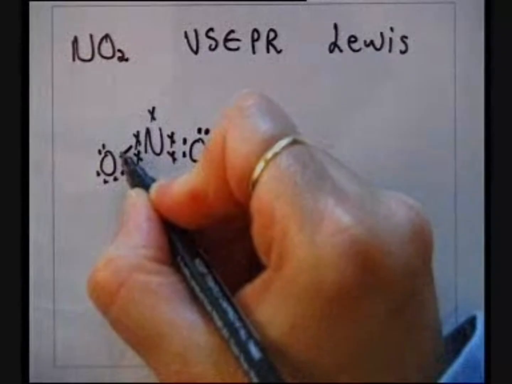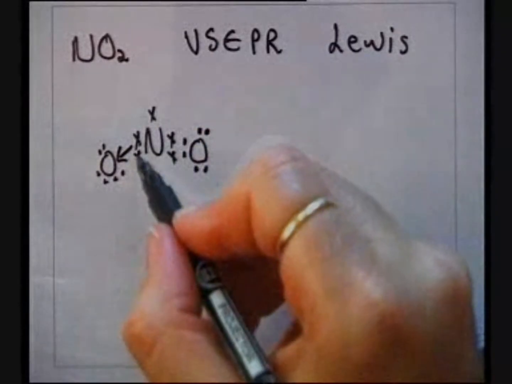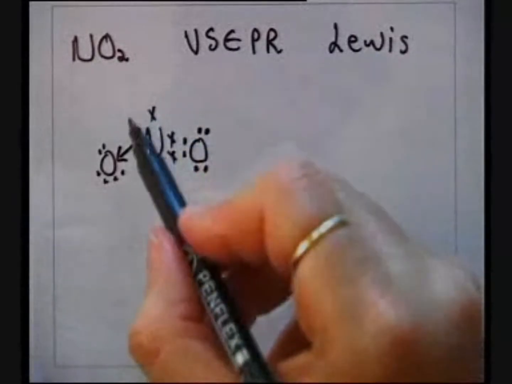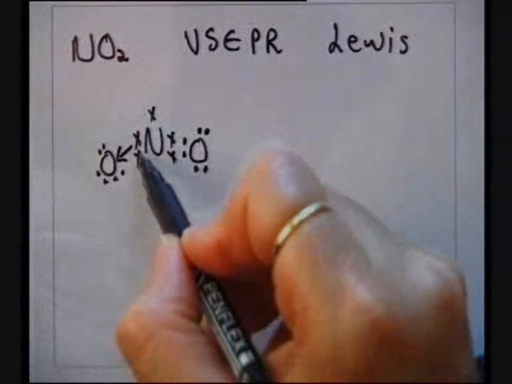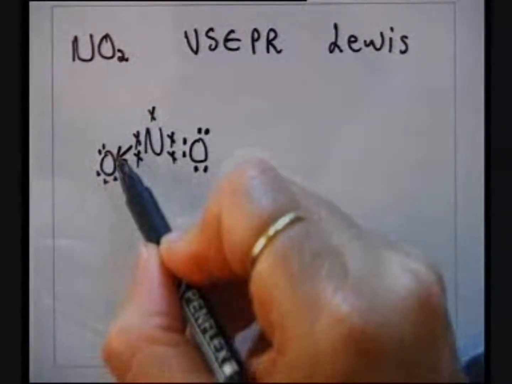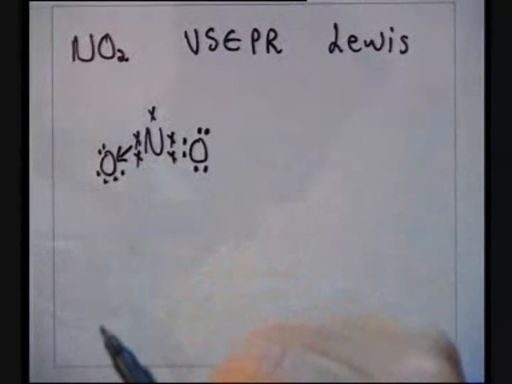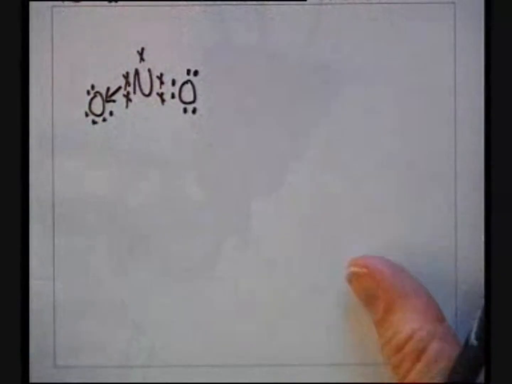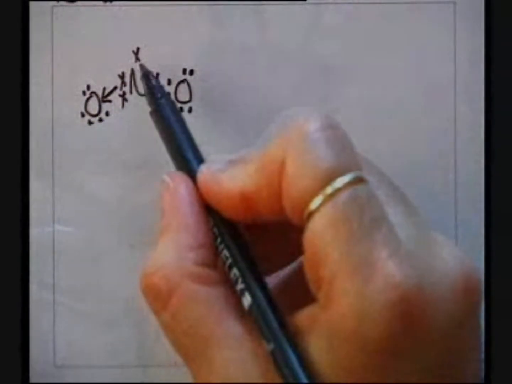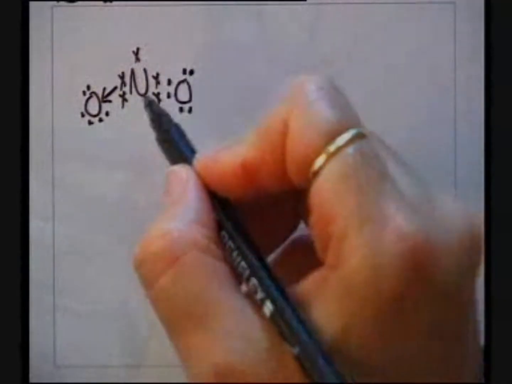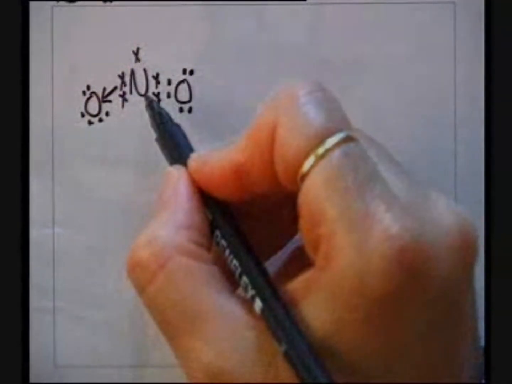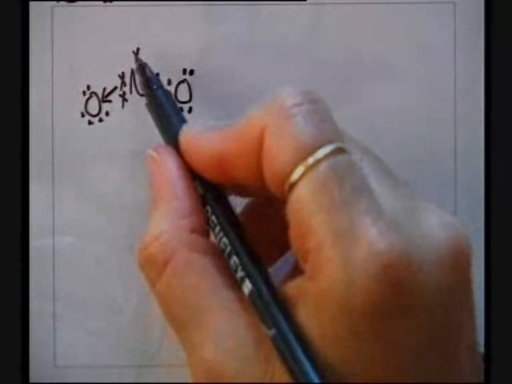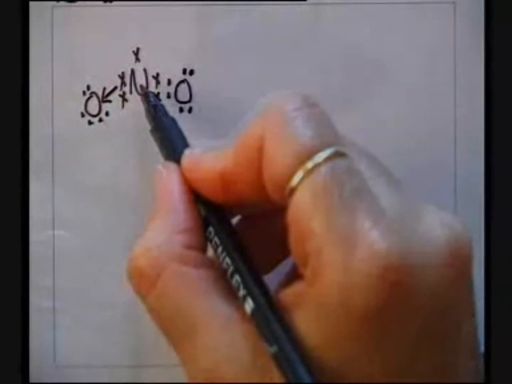We can form a bond to the oxygen to the left here by introducing a dative covalent bond, or coordinate covalent bond. That means that nitrogen will donate both these electrons to open orbitals around the oxygen atom in an effort to form a covalent bond. What is clear now is that the 2 oxygen atoms will have electron octets, but the nitrogen has 1 lone electron, has 7 electrons around it. This is an example of an exception to the octet rule, and nitrogen dioxide is a so-called radical, a very